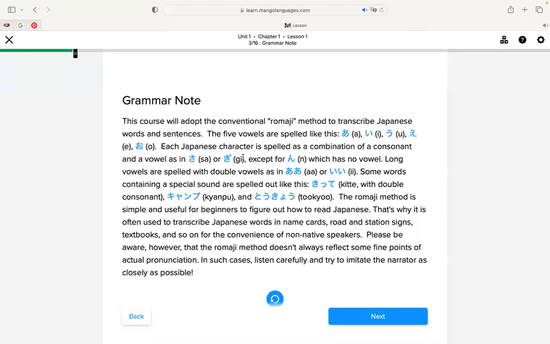This course will adopt the conventional Romaji method to transcribe Japanese words and sentences. The 5 vowels are spelled like this. A, I,